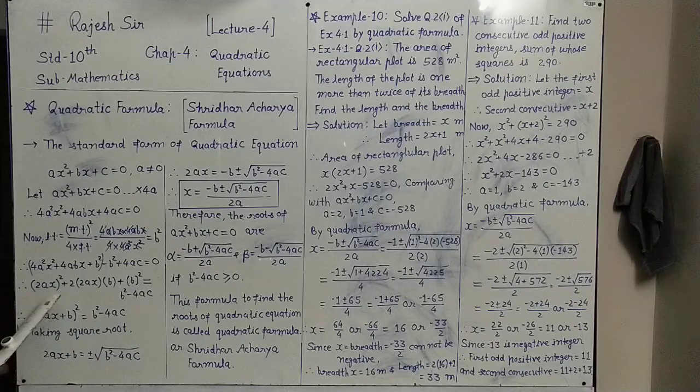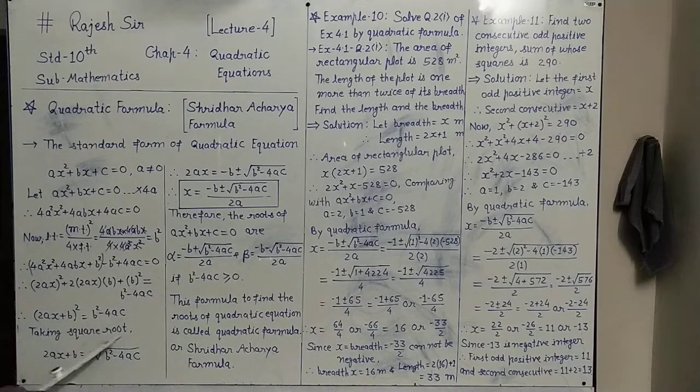And the left side, whatever we have, is of the form a square plus 2ab plus b square. The expression a square plus 2ab plus b square you can write as (a plus b) whole square. It is a perfect trinomial, that's why. And we can confirm here that (2ax) whole square will be 4a square x square; 2 twos are 4, abx is the middle term, and plus b square also. So for these three terms, we can write the whole square of (2ax plus b) whole square, equals, on the right side, b square minus 4ac.